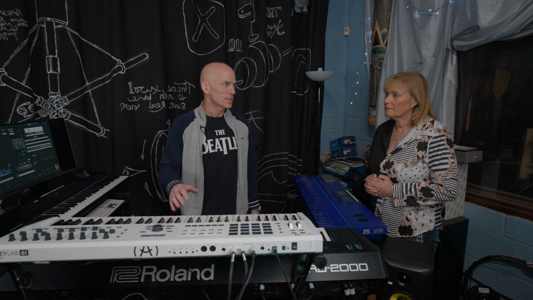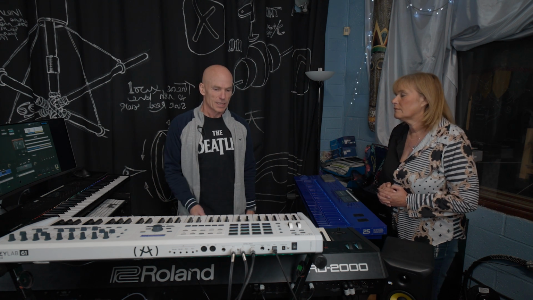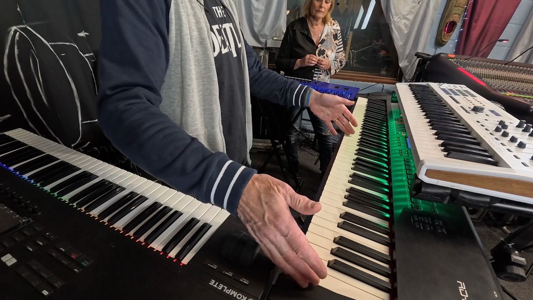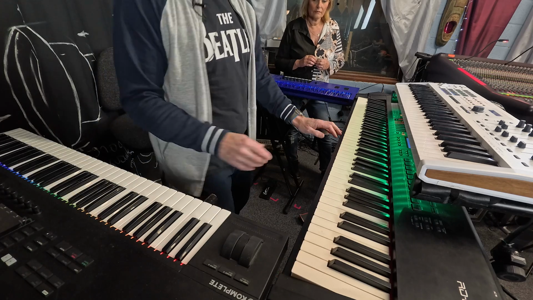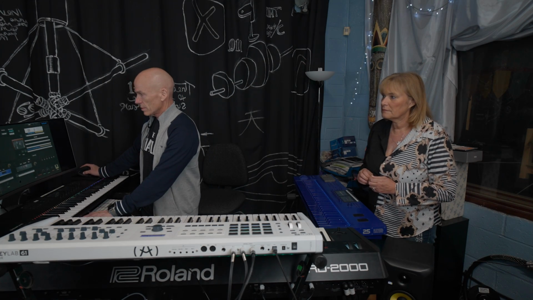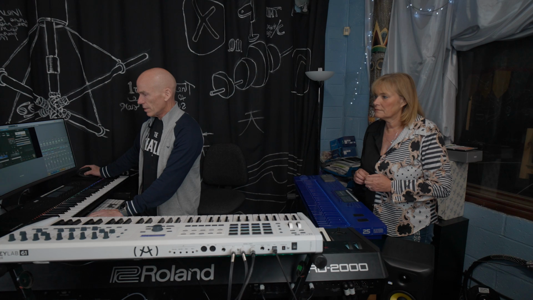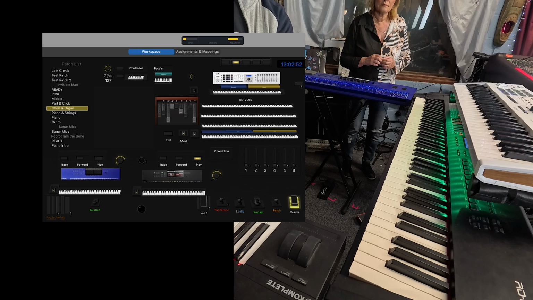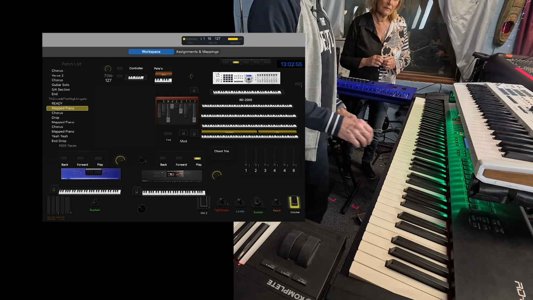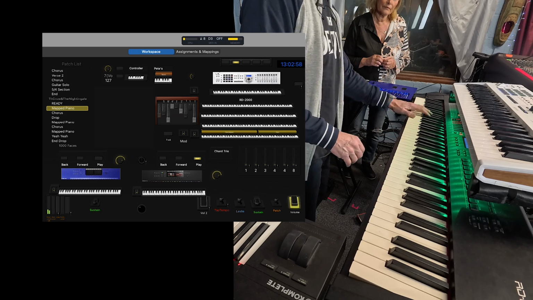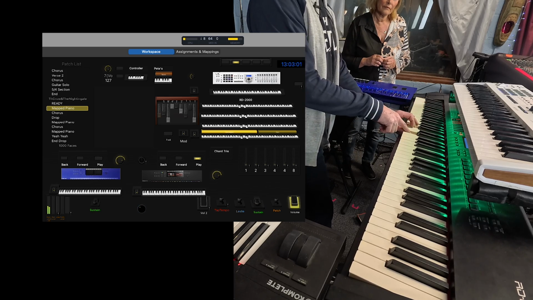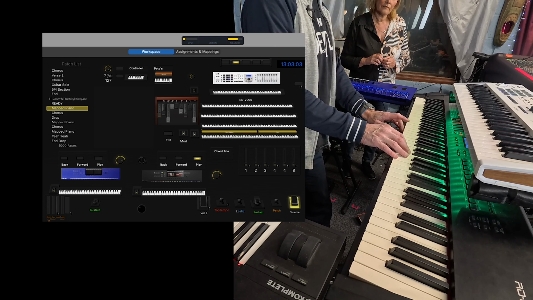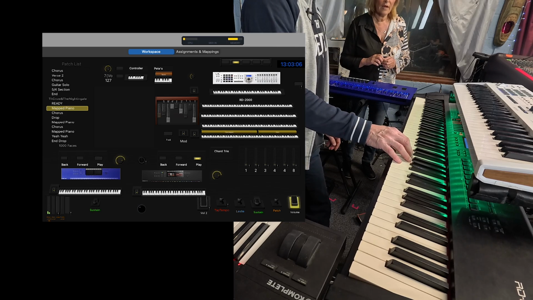So I try and keep some sort of order to it, so I instinctively know where to reach for the particular sound that I'm going to play. Otherwise, it's possible, but it would take a lot more time for me to learn where all the splits are, what octave to play in. If I've split this keyboard in half, then this upper half is not going to be really high notes up here. For example, even on that Crow and the Nightingale song, I kind of, not cheated, but I split the keyboard so that I'm doing this part, but that's in the way of me playing because it's in the same place. So I copied these notes to here, same note, see? And that's an octave above.